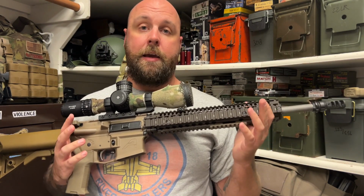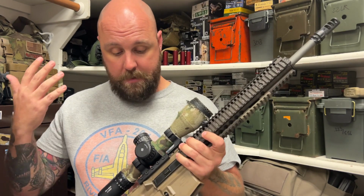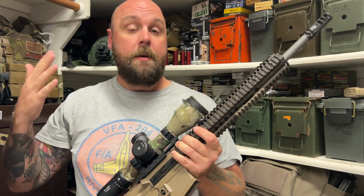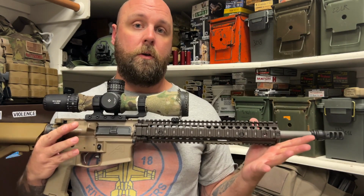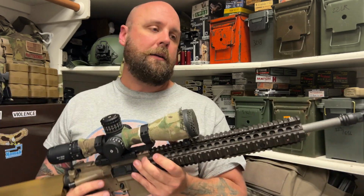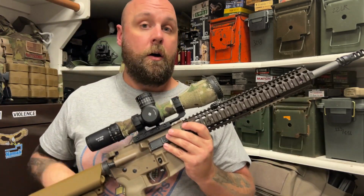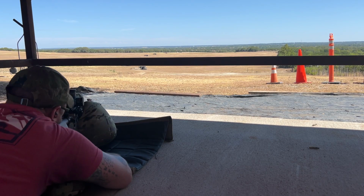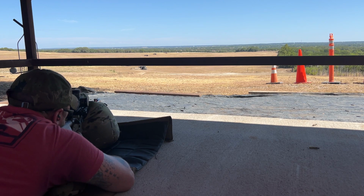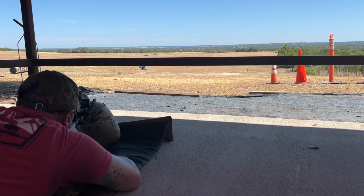Why did I build this AR? I built it strictly for accuracy. It's heavy, so I'm not going to be carrying it in anywhere unless it's in like a backpack or a case. And I'm not talking about folded up in a backpack. I'm talking about one that has lashing. There is a way to carry a rifle on purpose in a backpack or in its case, and then I take it out when I get to where I want to. I'd be carrying something else to get in and out of my position, and this is just what I'd use